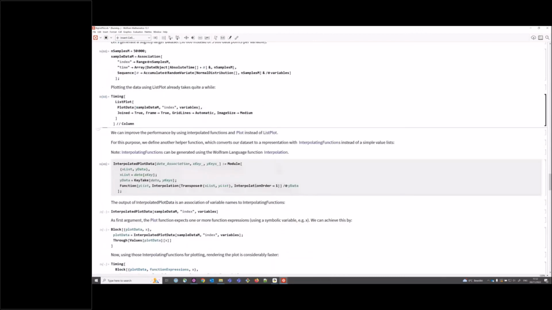And this really takes long and makes interactive display of the dataset impractical. What you can do is, for example, using interpolating functions instead of the data directly, and to use Plot instead of ListPlot. So with this trick,